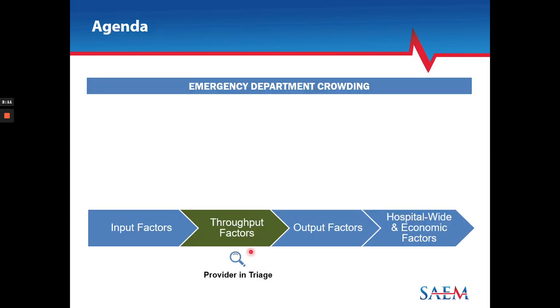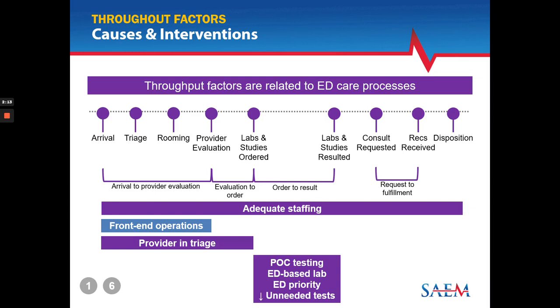Next, we'll review interventions related to throughput factors. As we discussed in Module 2, throughput factors are those that relate to ED care processes from the time a patient arrives in the emergency department until their disposition is determined. ED staffing affects all of these processes, so to the extent understaffing is prolonging ED throughput, then addressing staffing will